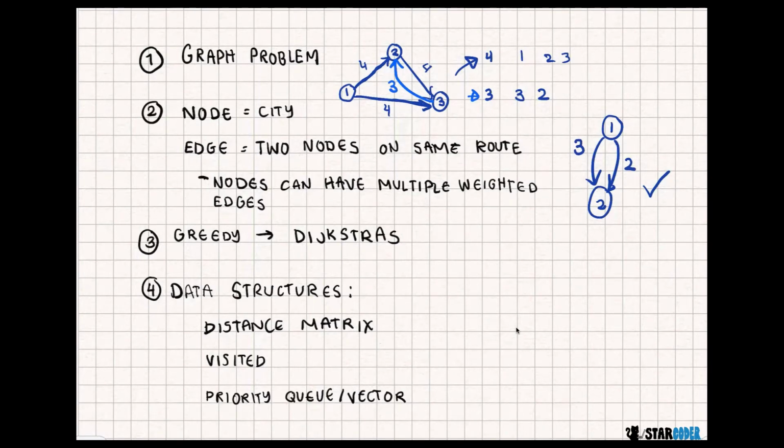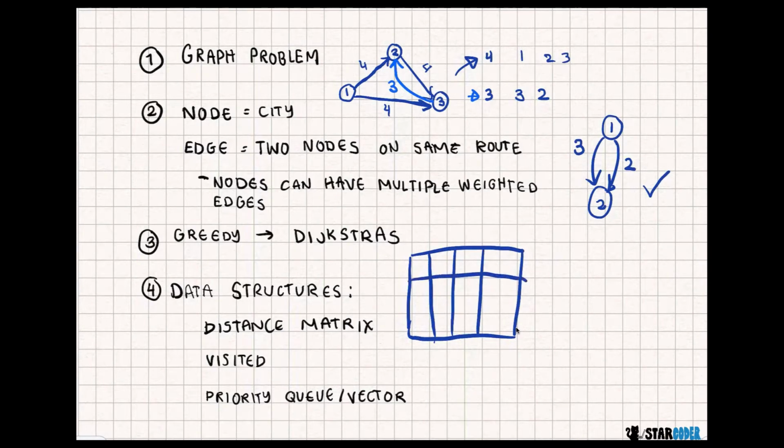For the data structures of this question, there are three main ones we're going to go over. The first one is the main implementation. It's going to be a distance matrix. If we were to store all of the routes, what actually ends up happening is we time out. So in this case, we are literally just going to store a matrix of all of the different points and their minimum distances. So if we had routes 1, 2, 3, then 3, 2, and 4, 1, 2, with weights 2, 3, and 4 respectively,